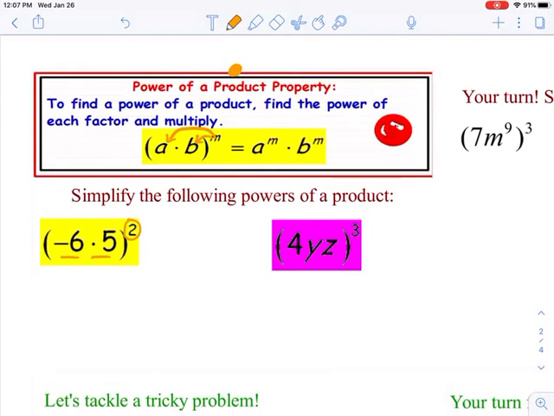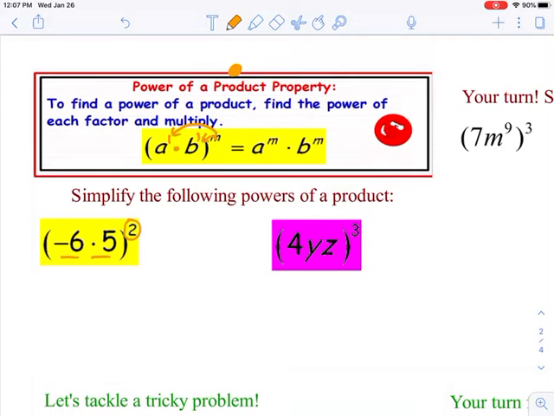Understanding that I'm still raising a power to a power, so that A technically has an exponent of 1, so does the B. So I have to take m times 1 and m times 1 for the B. Right? So m times 1 is just m, so I have a to the m times b to the m. It's still power to power, so we still have to multiply those exponents. But we know if we can have it in parentheses like that, that multiplication, we can distribute that power on the outside. So just to show you some basic examples here,